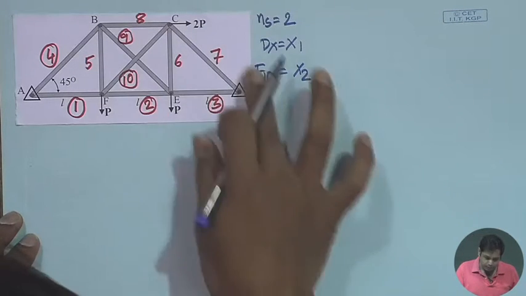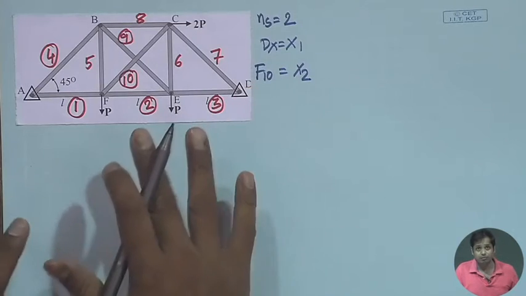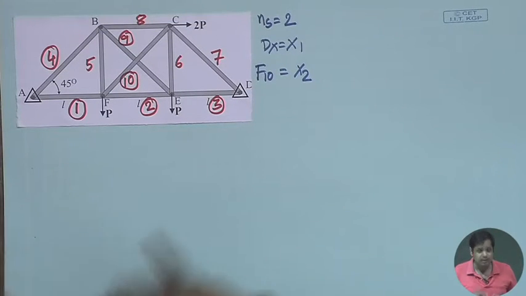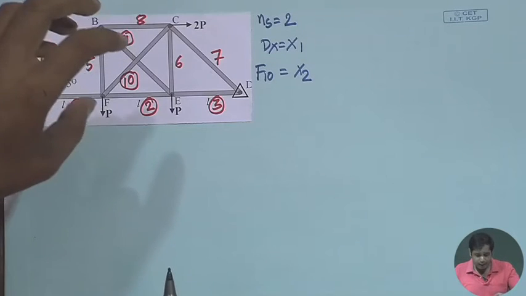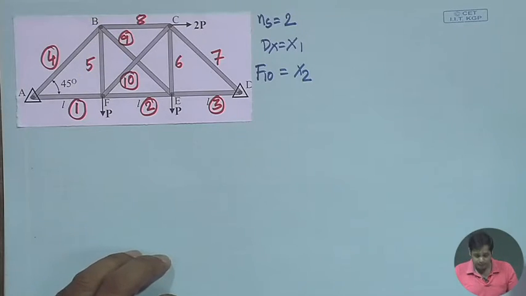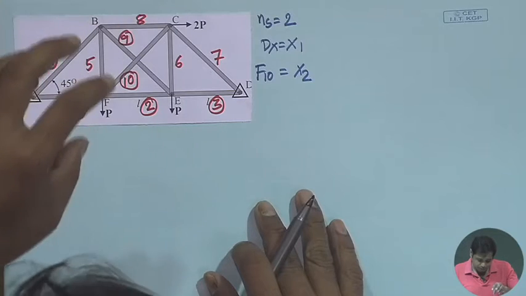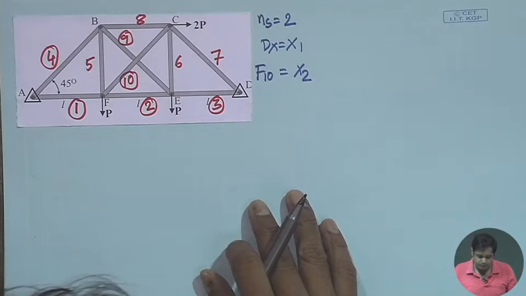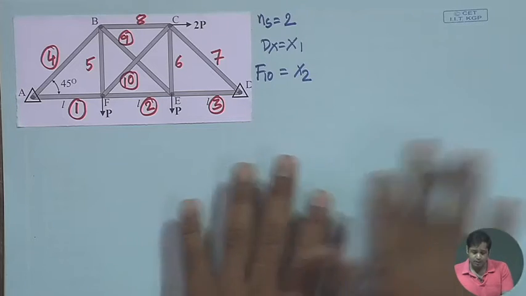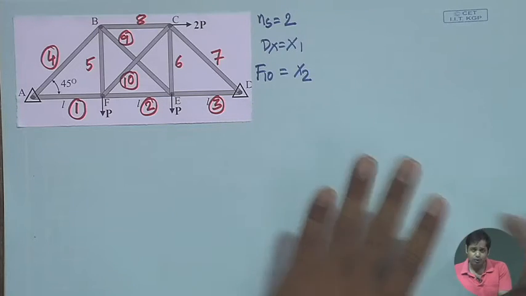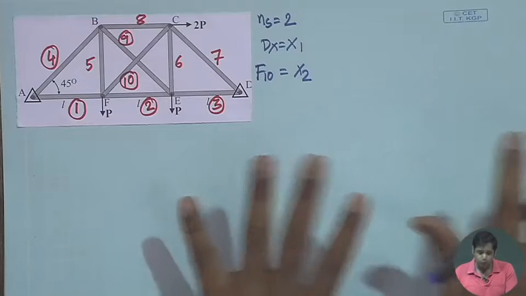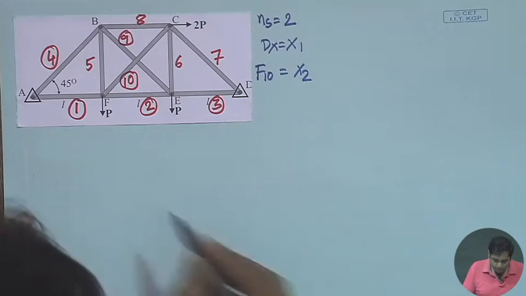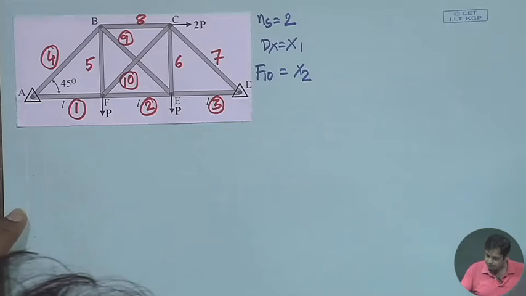Now, we need to decompose, we need to divide the structure into primary structures. We have three such primary structures, determinate structures. We need to remove the redundants. One is the primary structure subjected to the external load, and then primary structures subjected to the redundant forces. Since we have two redundant forces, there will be two primary structures subjected to them, like the previous example. So, the first will be this,